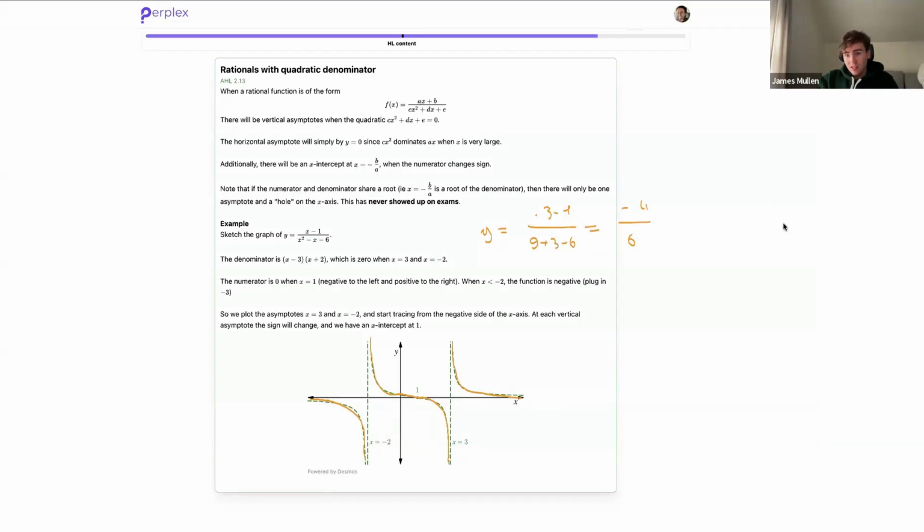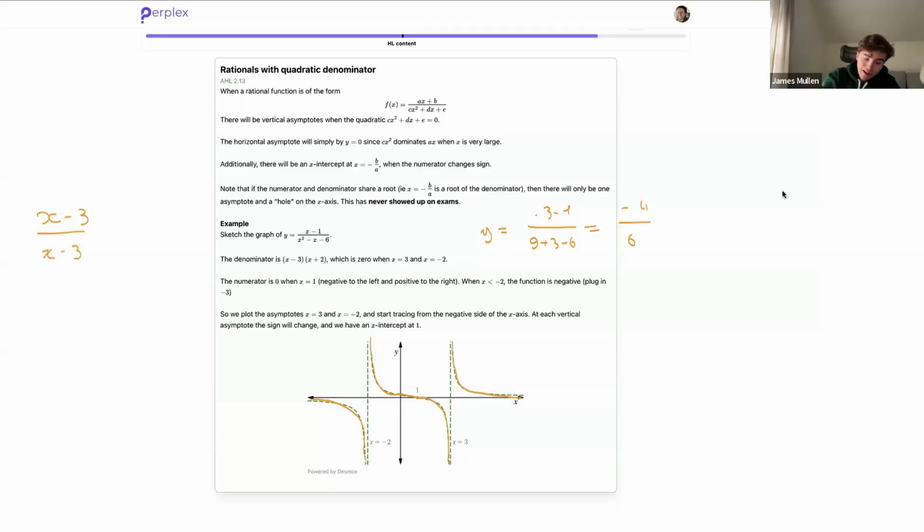A question says, algebraically, when solving an equation like this, would we cancel? You cannot cancel if you don't know if x minus 3 is 0, okay? You have to specifically mention, well, it depends on the question. It depends on whether or not x could be equal to 3. If it could be equal to 3, then you have to write down that x could be equal to 3,